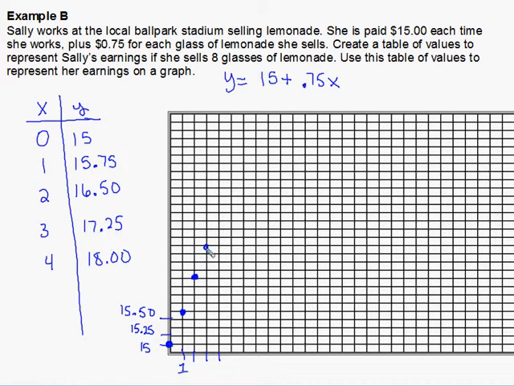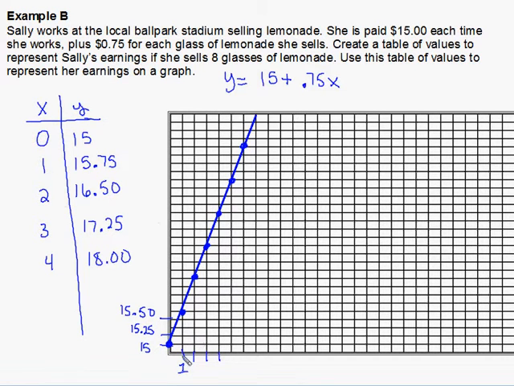Yep. And the pattern is known as what? Oh, come on, you guys remember this: rise over run? Slope. The pattern is known as the slope. So if I graph this line, the slope is 4. And to figure out how much money she's going to make if she sells 8 glasses,